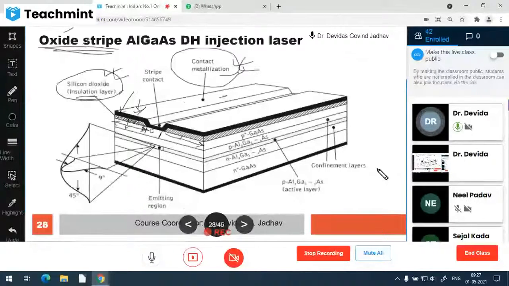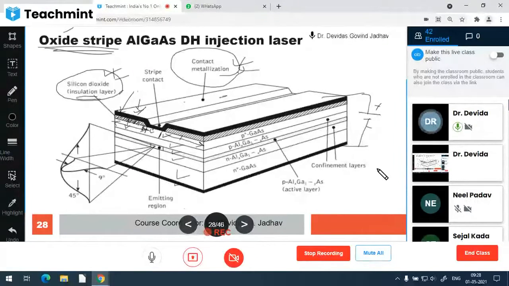Under it is the semiconductor layer. Below that, the first semiconductor layer is there, then the second, then the third, which is the active layer, then the fourth, and the fifth semiconductor layer. Below that, again the contact metallization is there, with no channelization, it is all over. To this metal and the other metal the external power supply is connected. On the P side, positive is connected, on the N side, negative is connected.